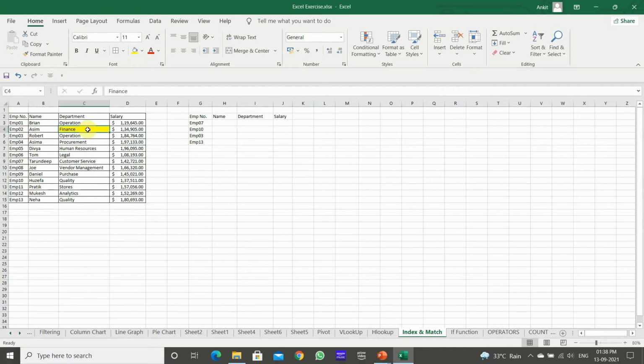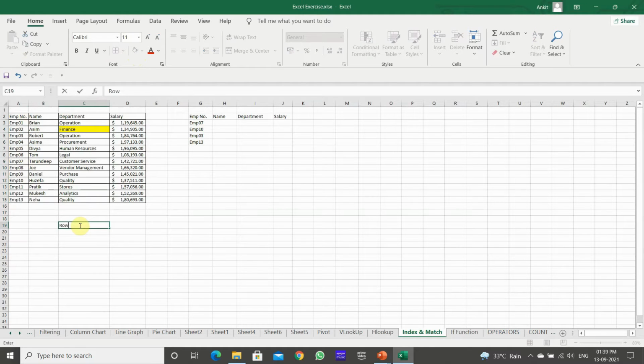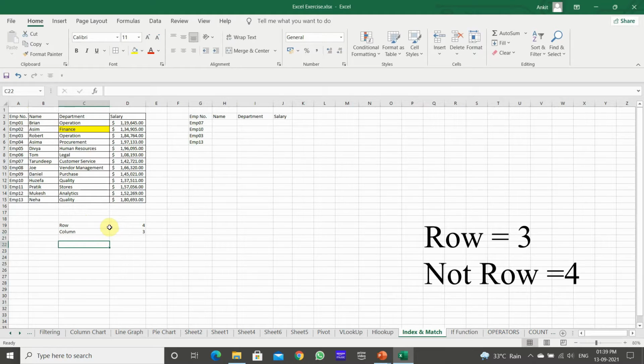Finance is in the 4th row and the third column. Now the corresponding value of this table, which is at row 4 and column 3, is Finance.